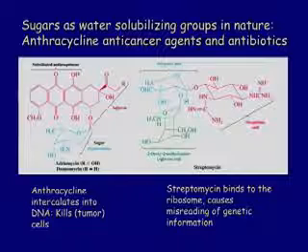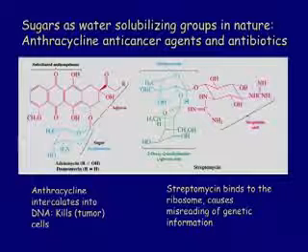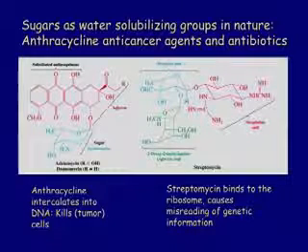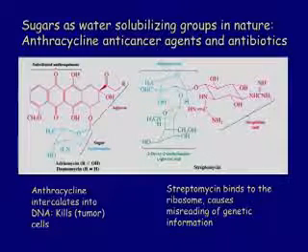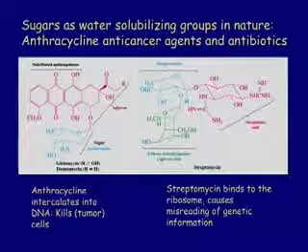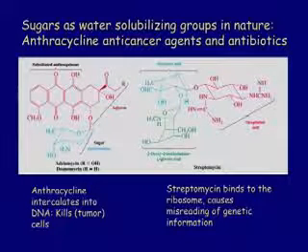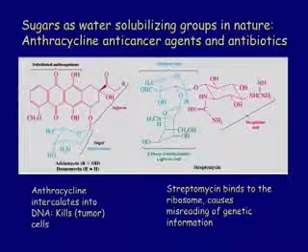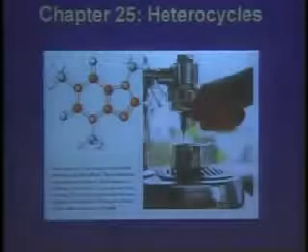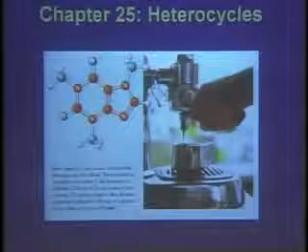And this one binds to the ribosome, which is the enzyme, as so this blob indicated here, that is responsible for assembling amino acids to peptides. So it's a very important piece in cell replication. So again, misreading of genetic information leading to cell death. A lot of these interfere with this DNA replication business that we'll look at next week. Okay, so much for the sugars.